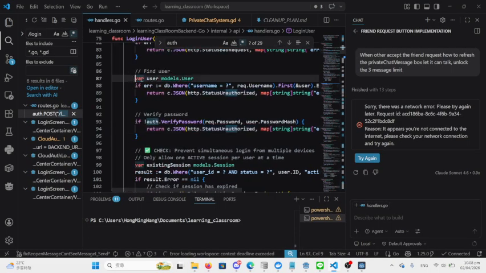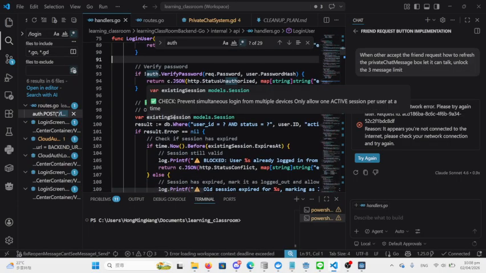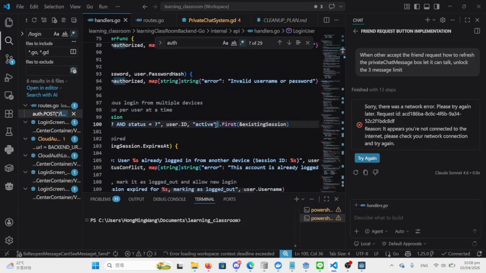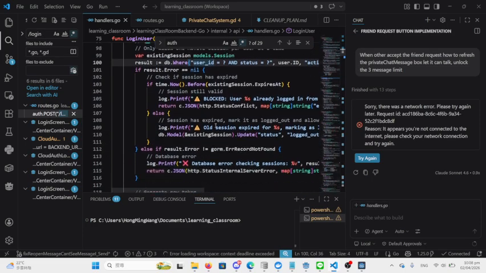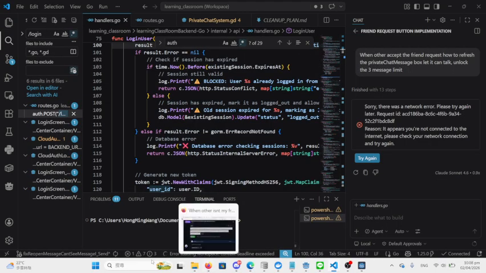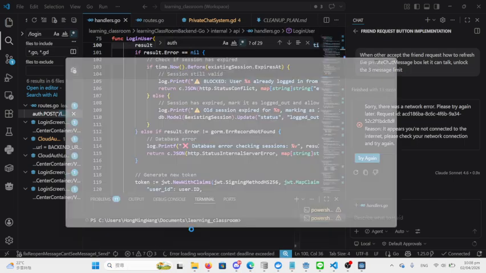So we're using a two-step validation. This can avoid the SQL injection, because for the normal way,